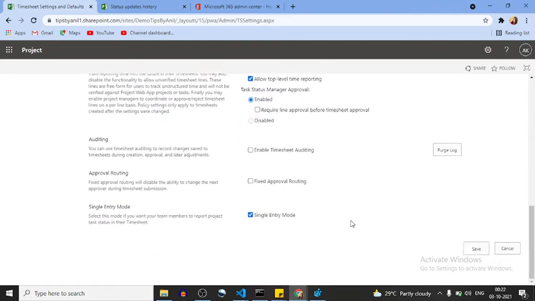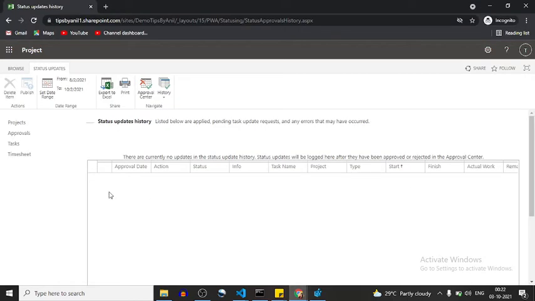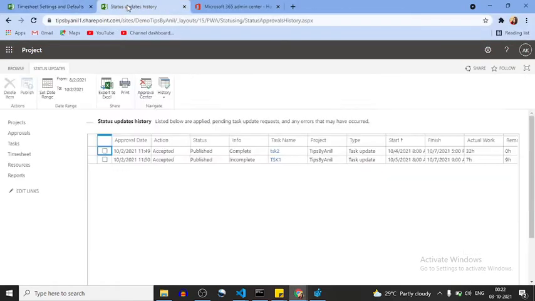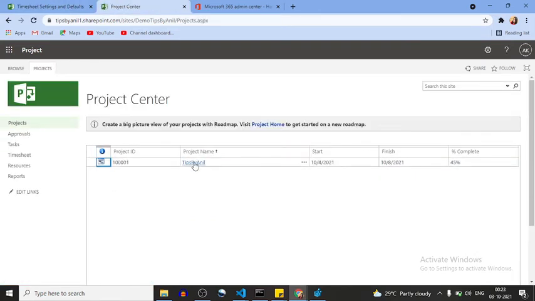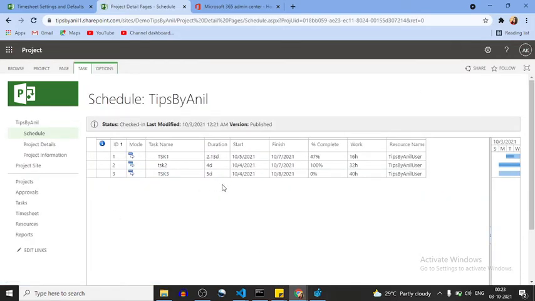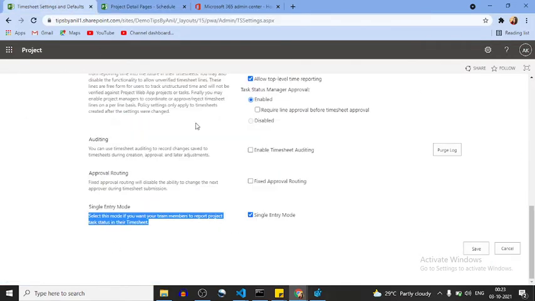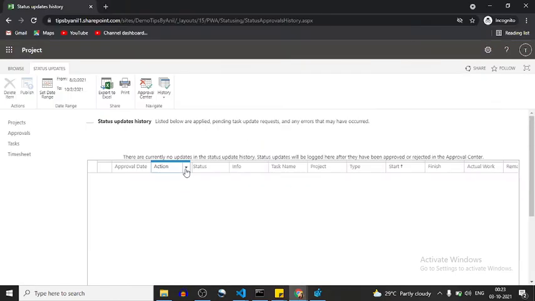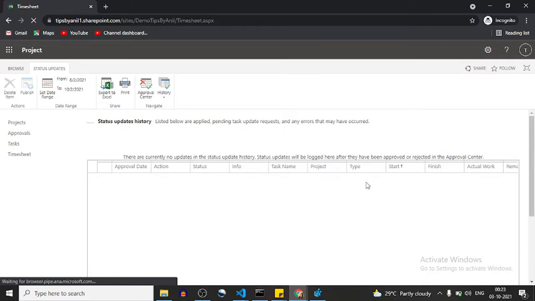Using the settings, single entry mode, a team member wants to send the status of their timesheet. Okay, so this status will be sent whenever your project is in check-in mode. Okay, if you are in the checkout mode, no one can send the status. Now if any time a user wants to submit the timesheet, every time the status will be updated.